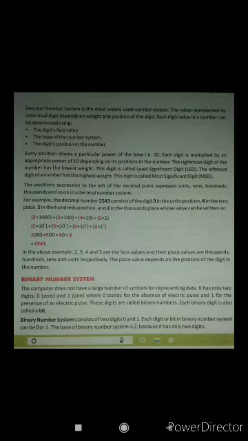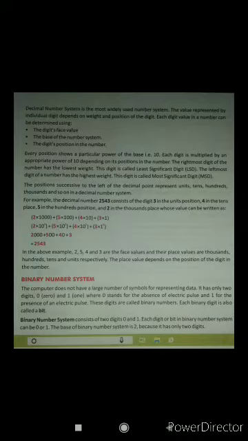So here what we missed: in the second para you see it's defined that the rightmost digit is called LSD, least significant digit, and the leftmost, that means 2, is MSD, most significant digit. In simple language, the most significant digit is the highest value and the least significant digit is the lowest value. So here 2 is the MSD and 3 is the LSD. Keep it in mind, MSD and LSD will work in conversion later on in this chapter.